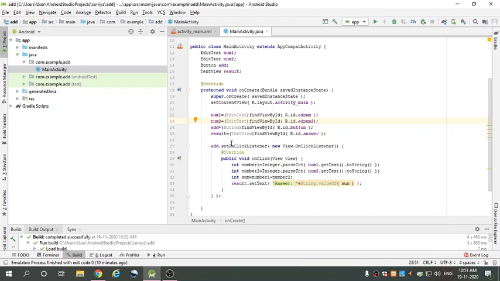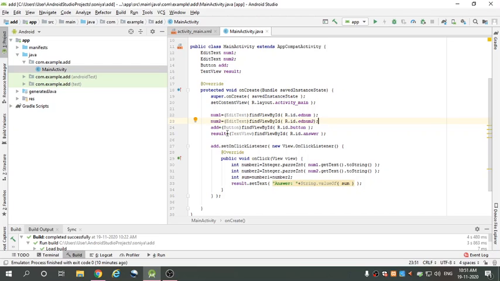In the same way we get the reference of the button. Here add, the object of Button, is equal to (Button) findViewById(R.id.button). Next we get the reference of the text view as well.